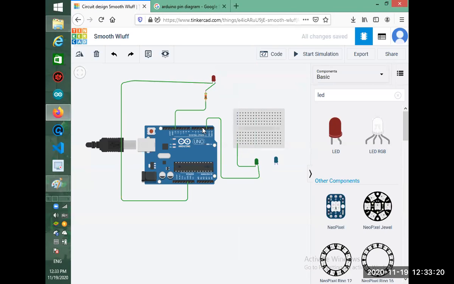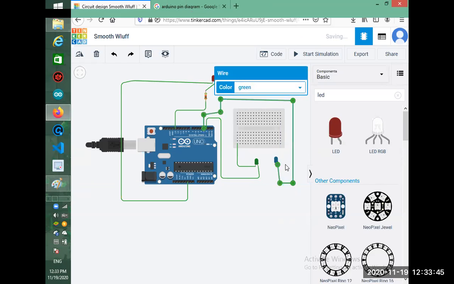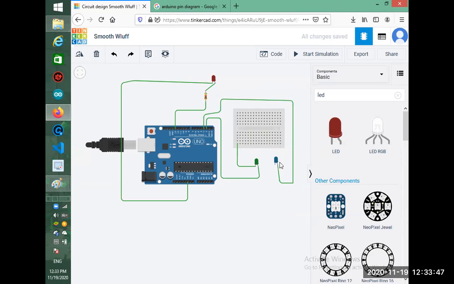Now we'll take the third pin. We'll take it around the board. Now we have connected the positive terminal of our third LED with the third pin.